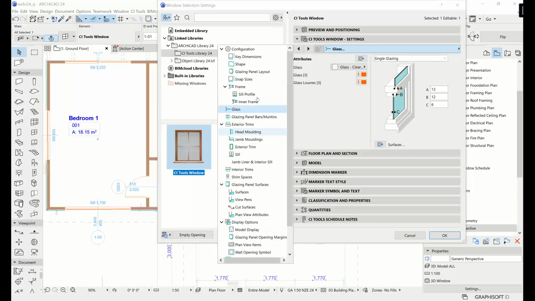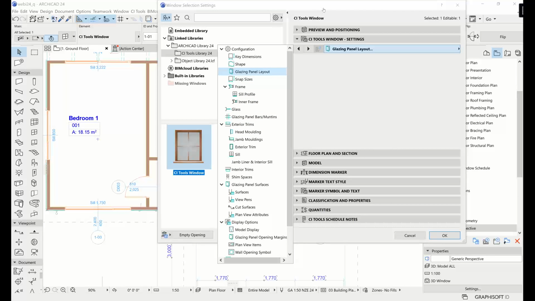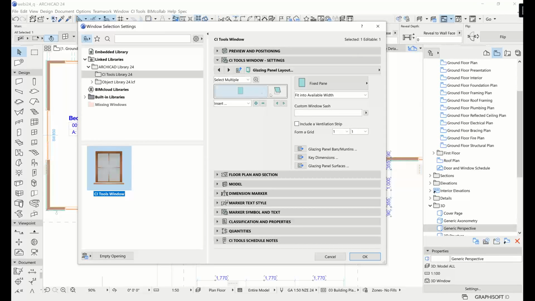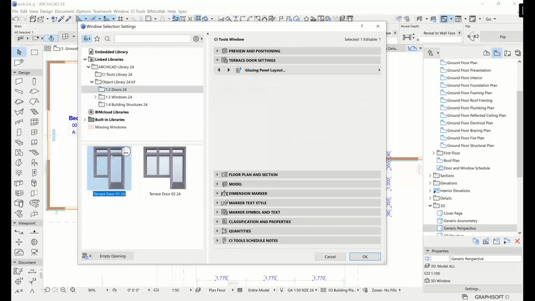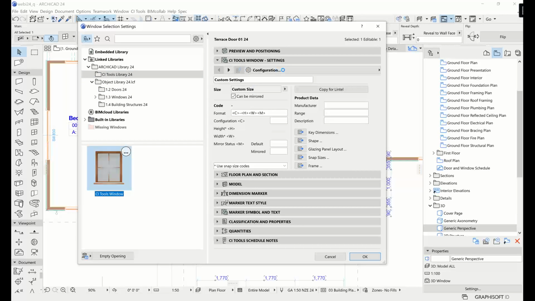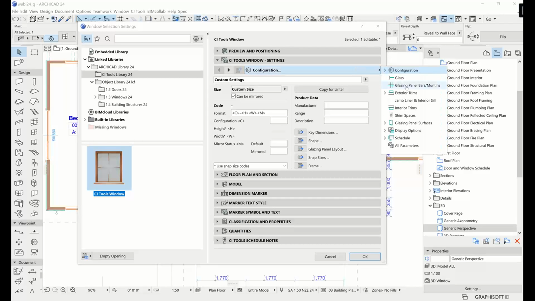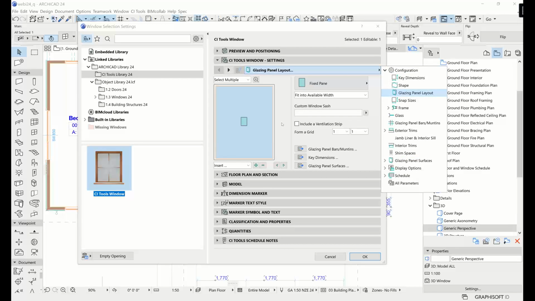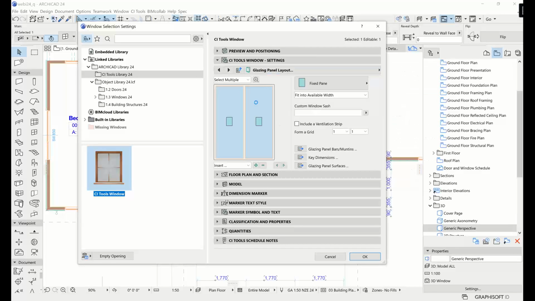So if I go to my glazing panels, see we've got one really wide window here. It's fixed on one side and an awning on the other side. I am just going to reset the settings here to be the default size. Okay, so